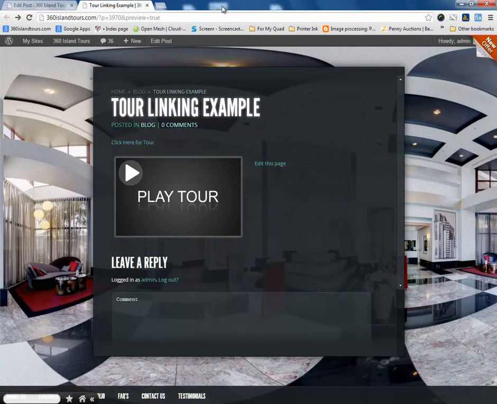And that's basically it. That's how you add the link to an image or to some text, so that when your site guests visit your website, they can open up the tour and they can see the tour that we have created for you. If you run into any problems, please feel free to go ahead and either call me at